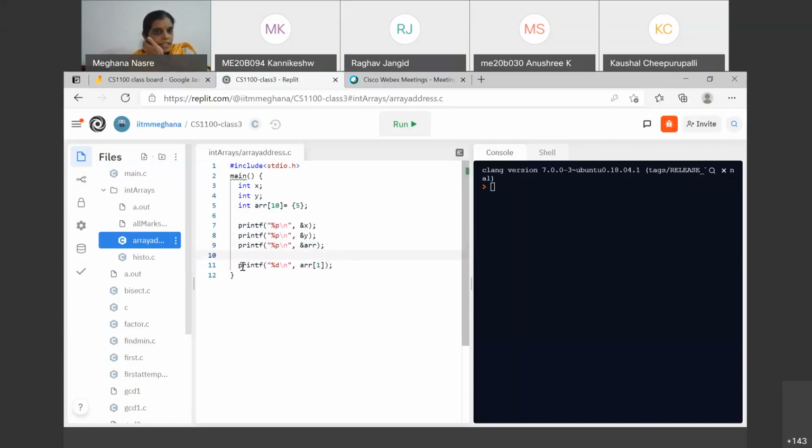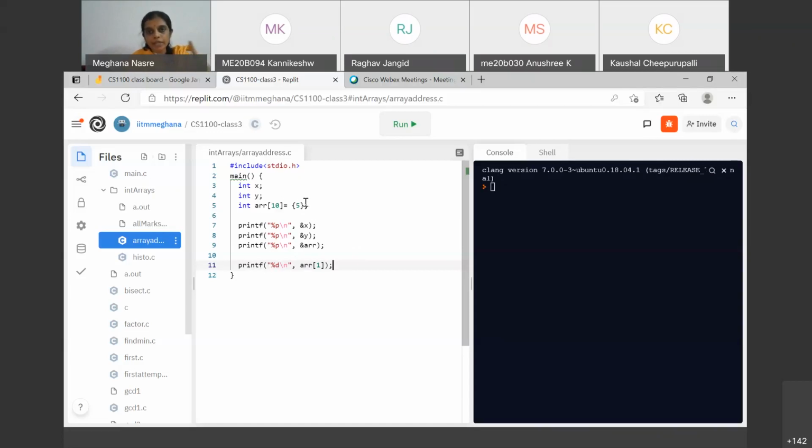So line 11 now has printf %d, whatever is the value of arr[1]. I want you to observe that these three statements are different. They are printing out the address of these variables and not the values of these variables. This is our regular statement, which will print out the value present in array location 1.